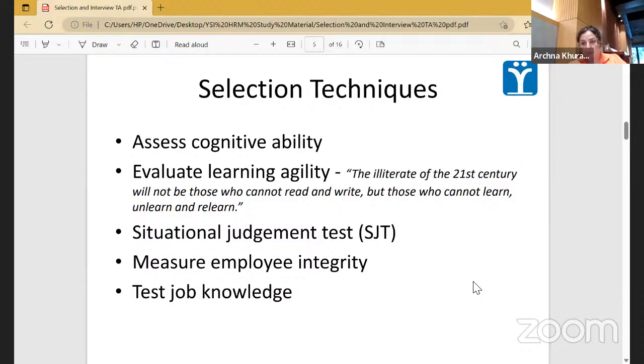We have a lot of theoretical knowledge, but when we have to apply it in the corporate world, it becomes a little different and difficult. Because nobody teaches us what set of people we are going to meet. Every organization will have a different set of people you will be dealing with, right? Different kinds of job roles. Industry to industry, job roles change so much that you don't have knowledge of the products and services. So that's where we check whether the person has the learning agility to adapt to the newness of the job or not. On that basis we design questions.